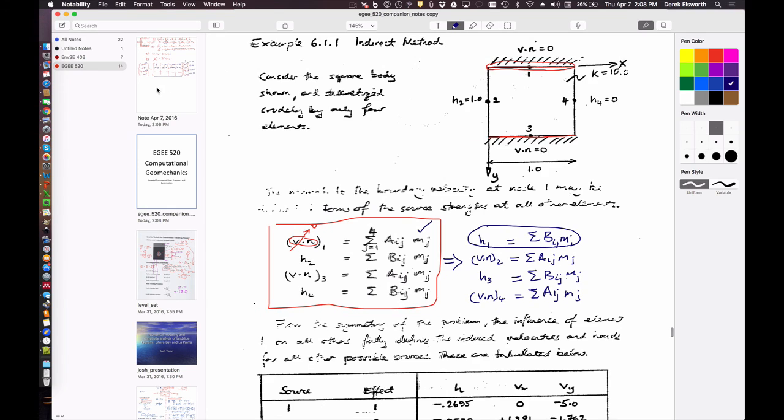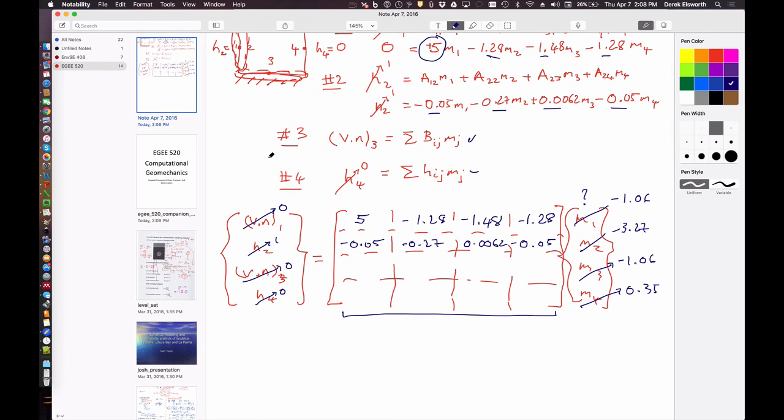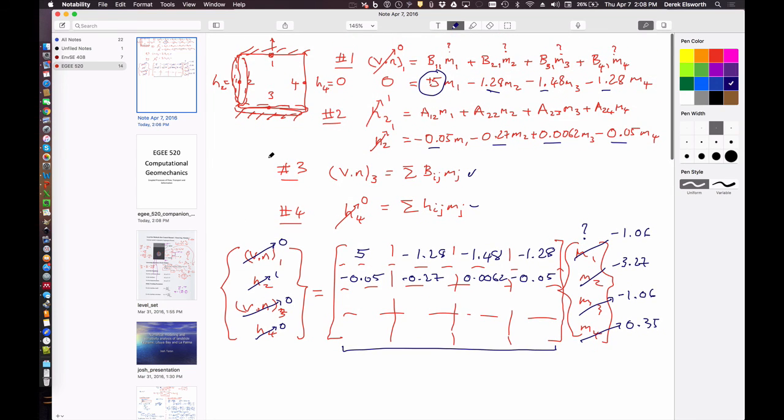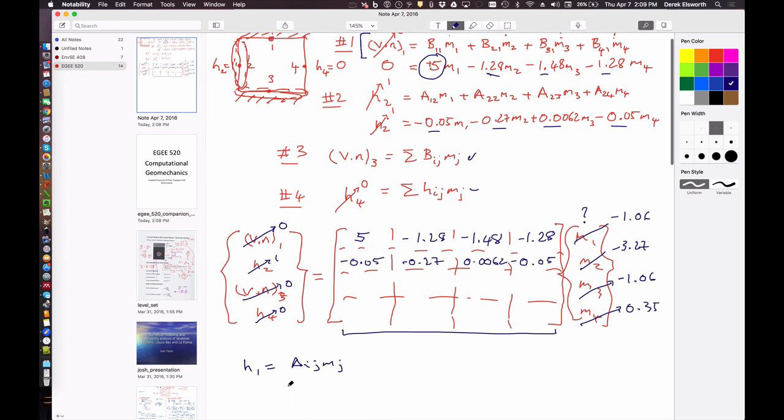So I suppose that would look something like, so worthwhile doing, it's going to be what? It's going to be the converse of this. So it's going to be the head at node 1 is equal to Aij, Mj, etc. And so it's going to be the heads from putting this on here. So it's going to be H1 is equal to